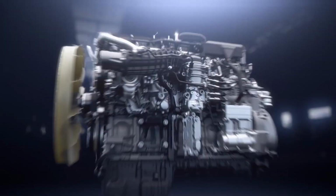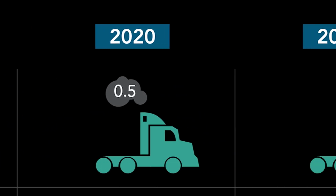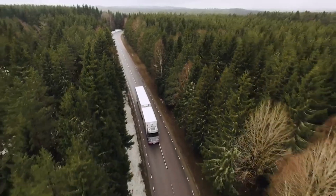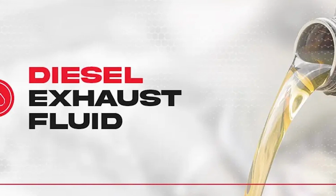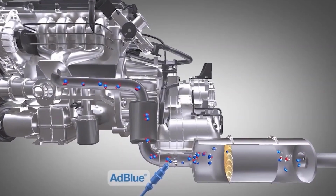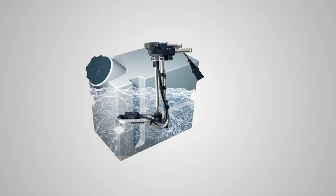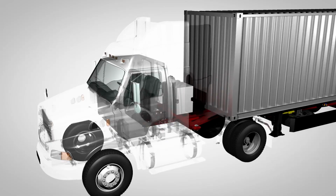And where would we be if we didn't talk about the engines? Emissions have evolved over time, and the priorities of European and North American trucks have shifted dramatically. European regulators took an earlier interest in reducing nitrogen oxides, therefore leading to the earlier adoption of diesel exhaust fluid. This is something that's been known as AdBlue in Europe, and Grosby said, "Selective catalytic reduction, or AdBlue, has been around in Europe for at least 5 years before it made its way here. Although the regulators are very much improved in the States, the difference is now barely noticeable in this view, but